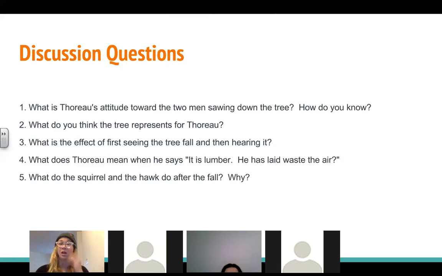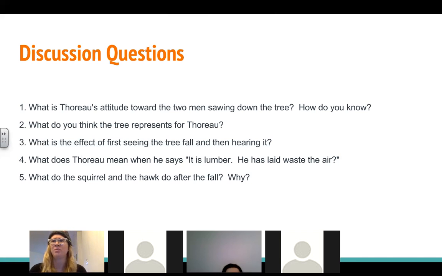Contempt? Yeah, right? I would completely agree with you, Janie Mae. He does not seem happy about it. And he called them insects, right? Partially because he's so far away that he sees them, they're really tiny, but also because insect is not something you tell someone as a compliment, right? Hopefully you're not taking that as a compliment if someone calls you an insect. Yeah, he's not happy about it, right?